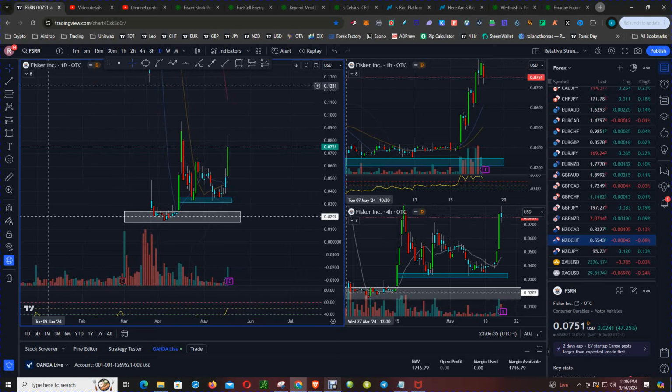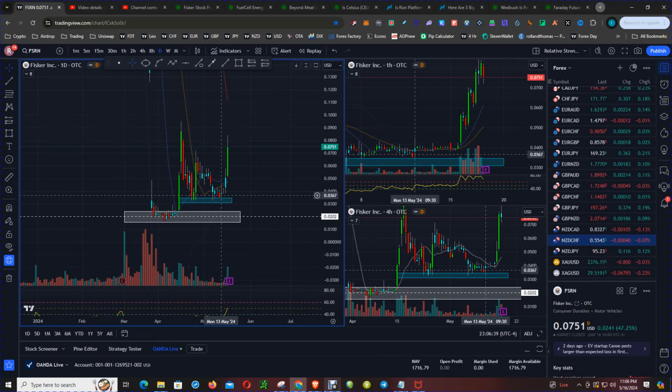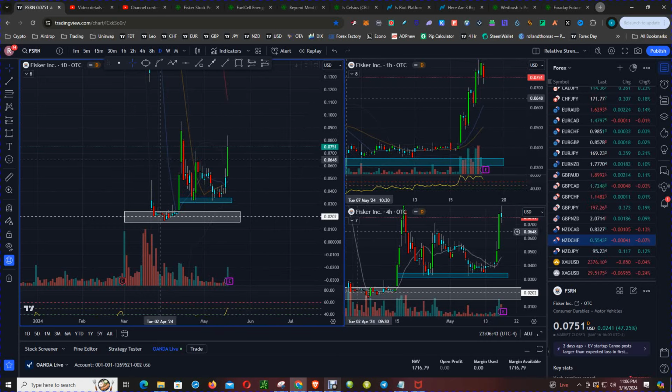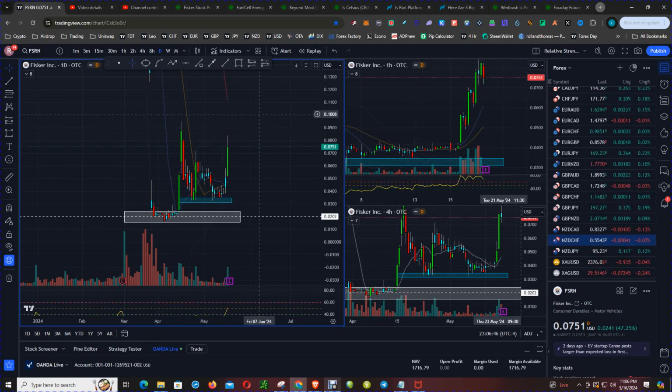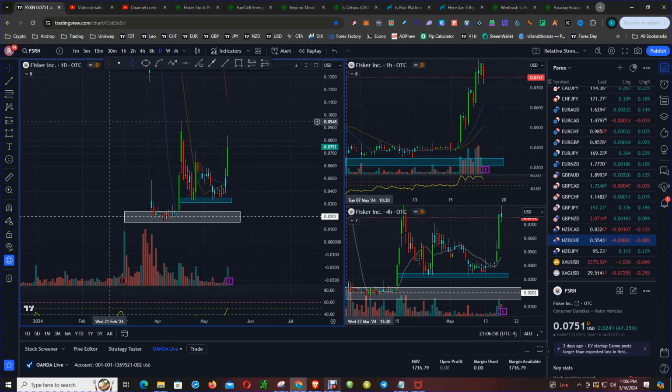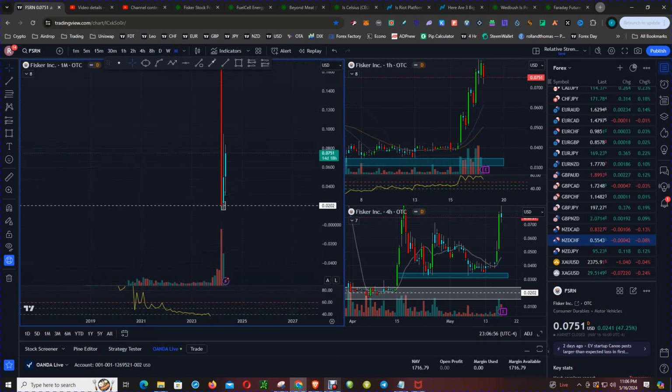So Fisker is typically at this point trading over the counter, and it's a penny stock. And so we're going to use the small time frames. Typically I use monthly, weekly, daily, but in this case we're going to use hourly, 4-hour, and daily chart. Now it is worth noting